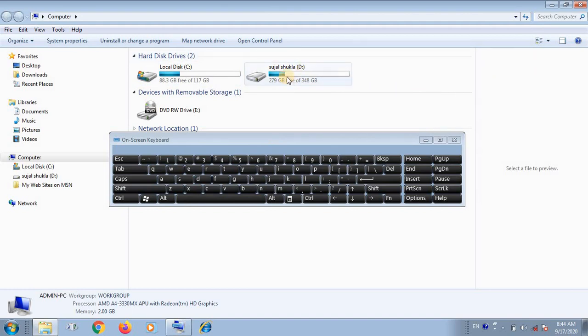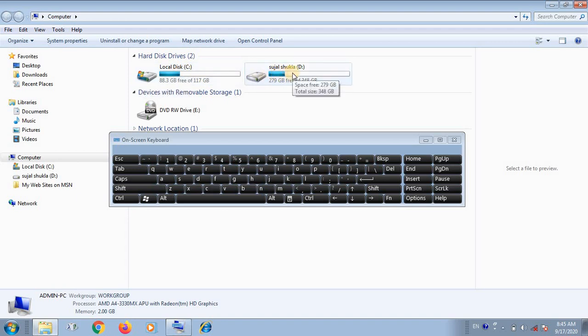Children, mainly the C or D drive which you have heard about, the hard disk. Hard disk is mainly divided into two parts in your computer. Some computers have only one part, that is C drive. And here is the operating system. You are looking at the icon of Windows. Here all programs are installed. So never store any file or folder in C drive because there is the operating system.